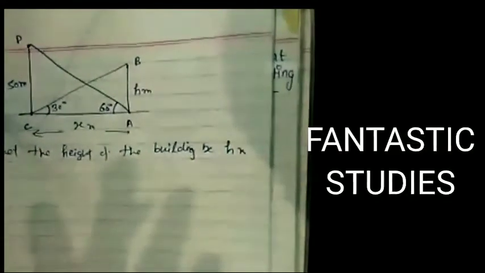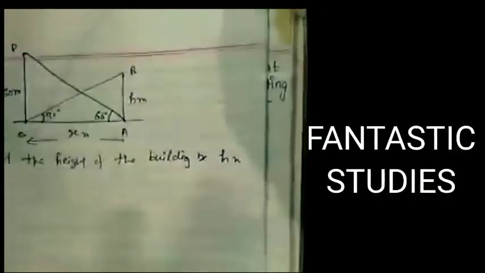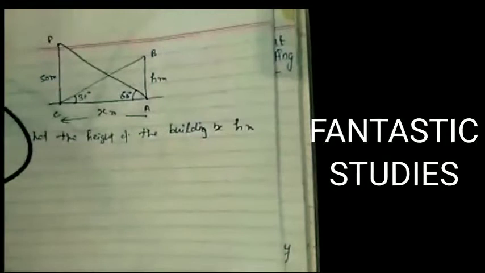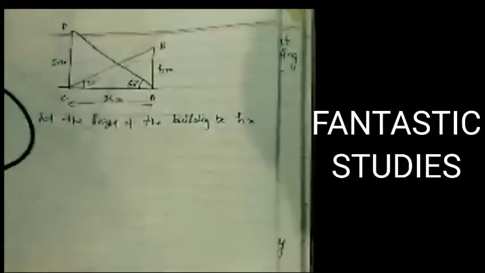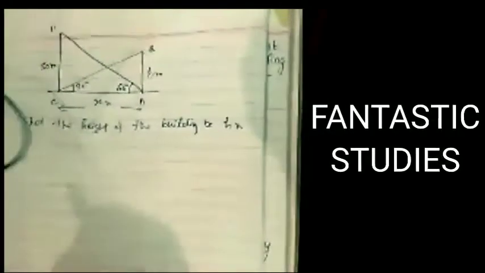Very easy. You can see there are two right angle triangles, and I am going to use tan theta because everything is related to perpendicular and base. Whenever perpendicular and base are involved, you should use tan theta or cot theta. Cot theta also you can use, but mostly we use tan theta. If you have to find anything related to hypotenuse, then you should use sin theta or cos theta. Otherwise, if perpendicular and base are involved, use tan theta.